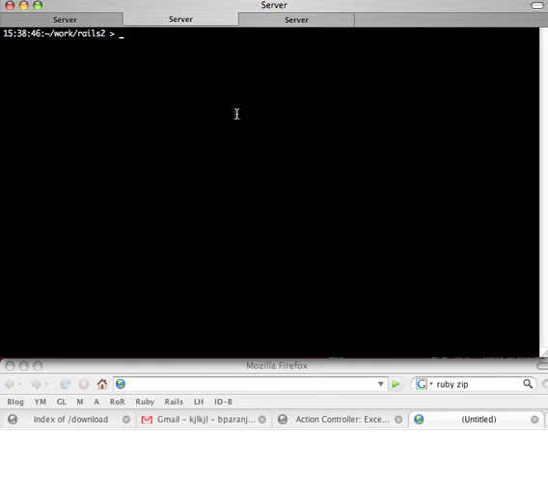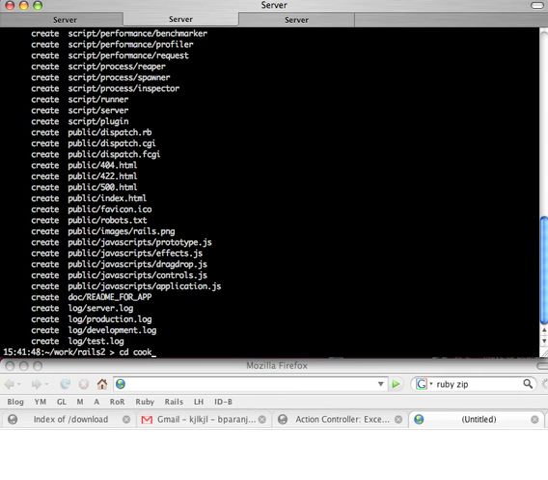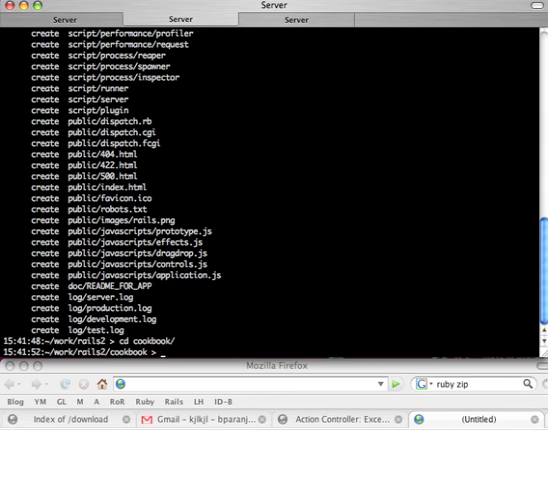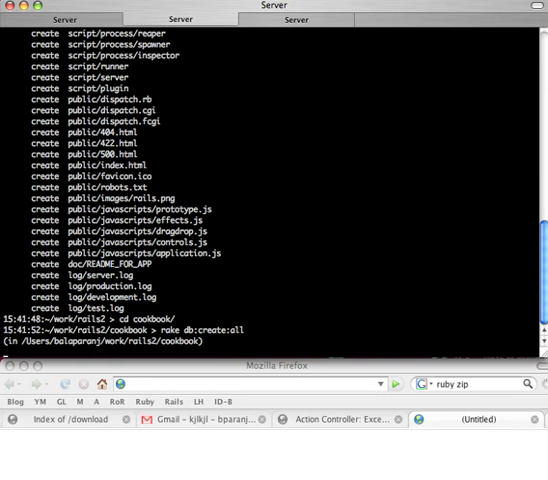So let's get started. Rails by default uses SQLite as the default database. I want to use MySQL, so I'll just use minus minus d equals mysql to say, hey, I don't want to use SQLite, I want to use MySQL. And let's go to the Rails root directory, and there is a new rake command that you can use, rake db:create:all. This will go ahead and create the cookbook_development, cookbook_test, and cookbook_production